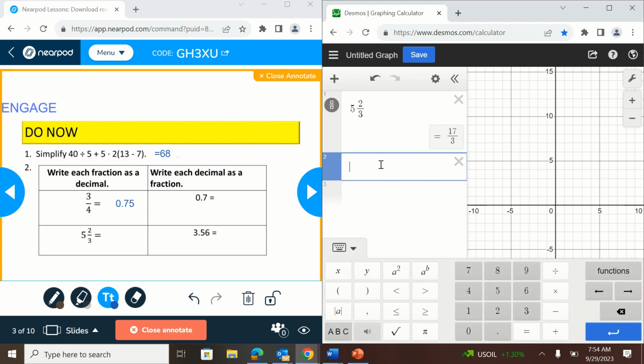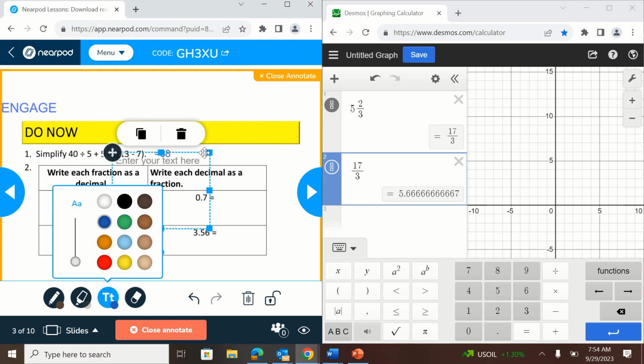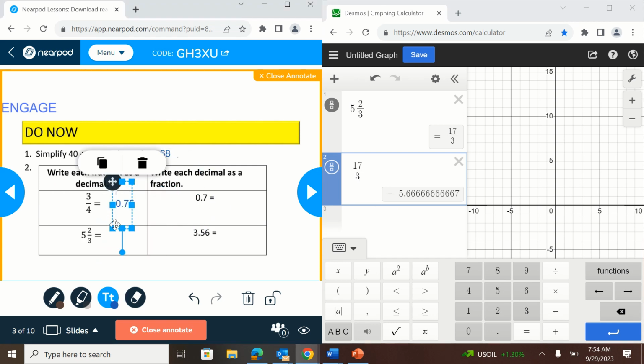Desmos breaks it down as 17 over 3, which written as a decimal could be 5.66666. So students have the opportunity to go in and type in 5.66666 for however long they would